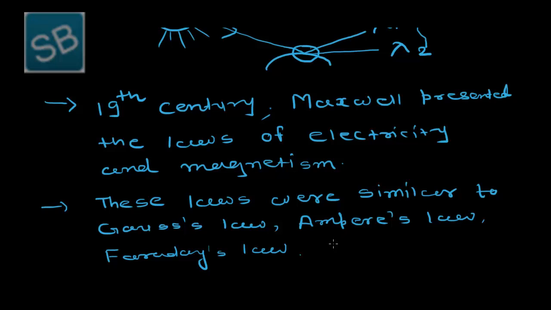And it is also related to the formation of closed loops in the magnetic field in the form of a differential equation. So as I told you, Maxwell had given 4 equations, and those 4 equations are related to the electric field and magnetic field respectively. Now, during the study of Maxwell's equations, which are actually differential equations,